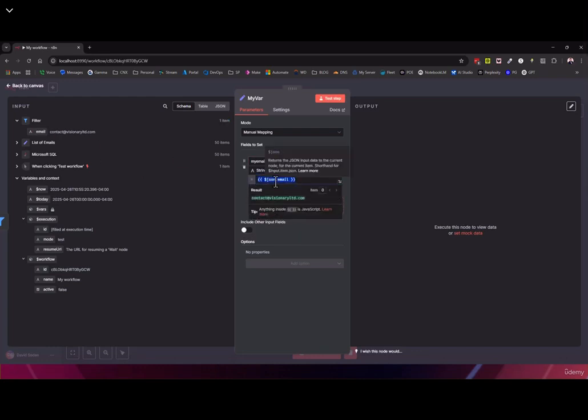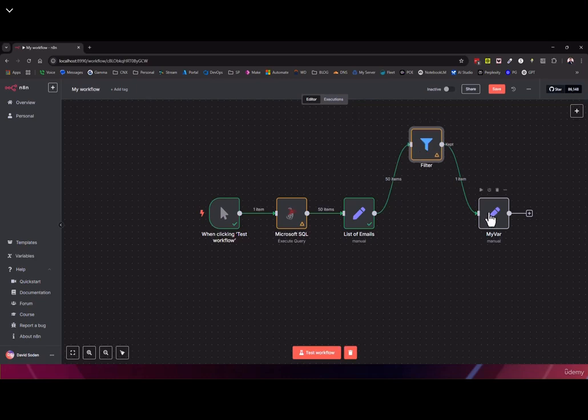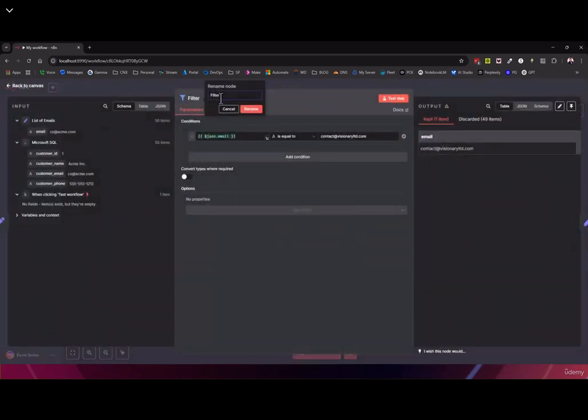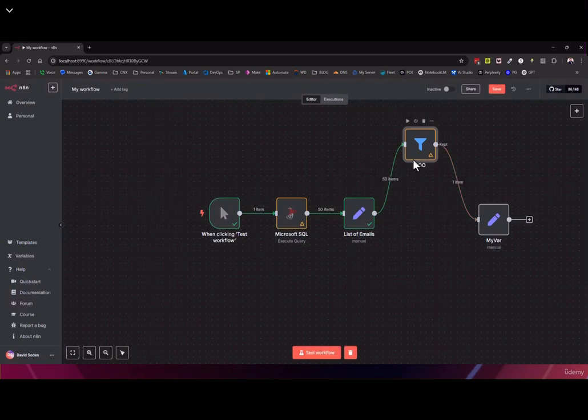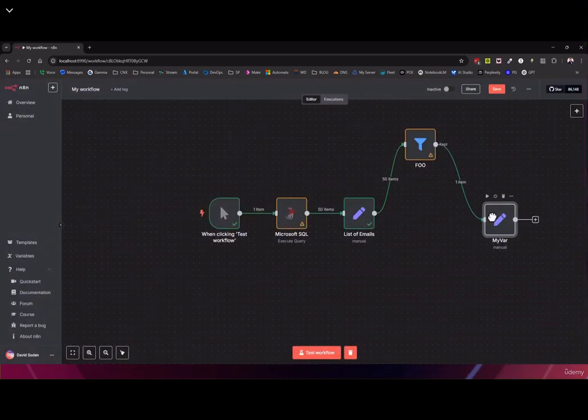All of a sudden, I don't get the name anymore. I just get this $json. So I'm going to illustrate this here. This is the node before the node I'm working with. This node can be referred to one of two ways. I'm going to change the filter node to foo, so we have some funny name that stands out in our mind's eye. Okay, so when I'm working with this, the last node before the node you're working with is always